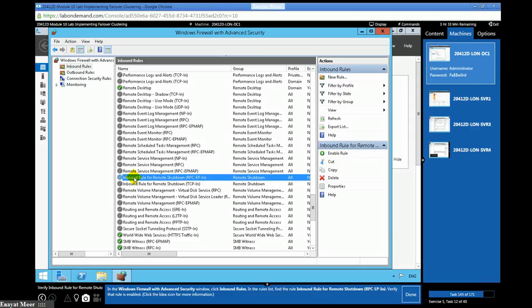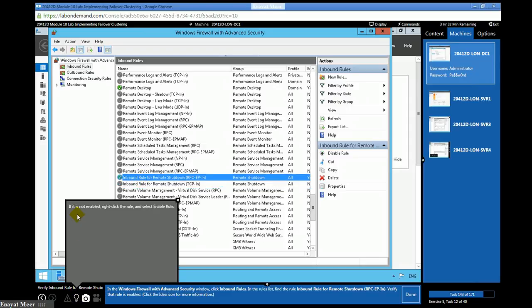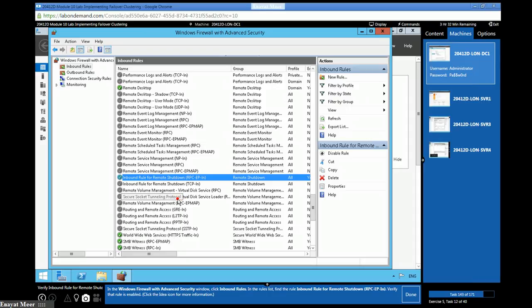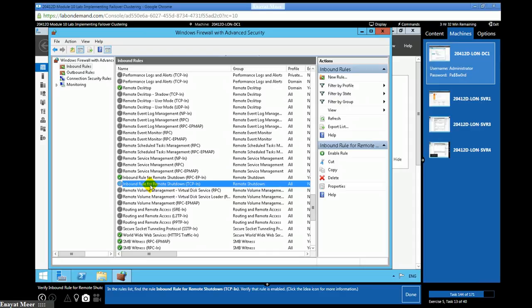And you're going to look for that rule. You can always go and look at it alphabetically. And now it is enabled. It is now enabled, so it wasn't enabled before. And TCP-In, which is not enabled.